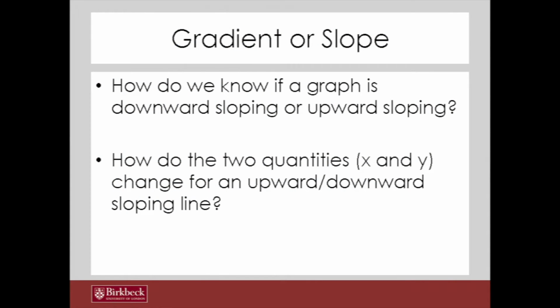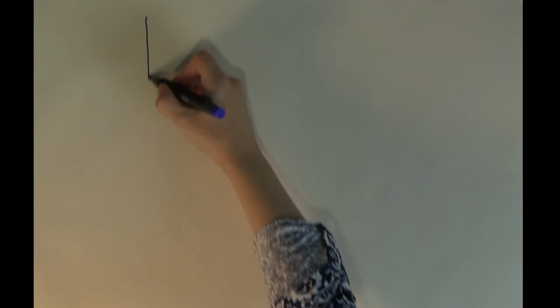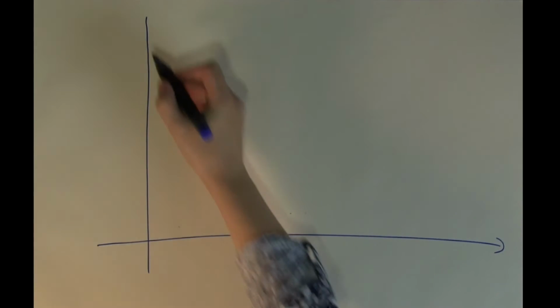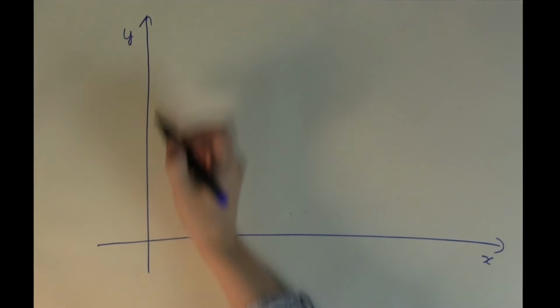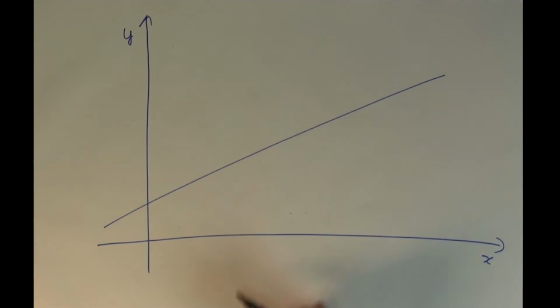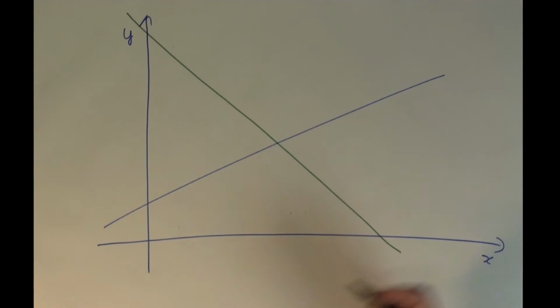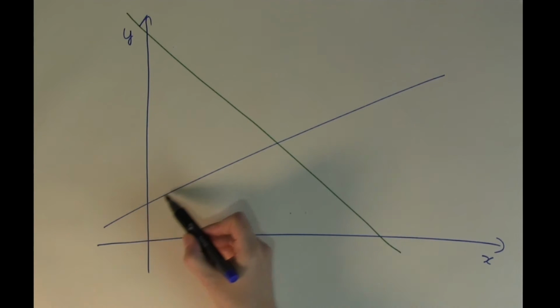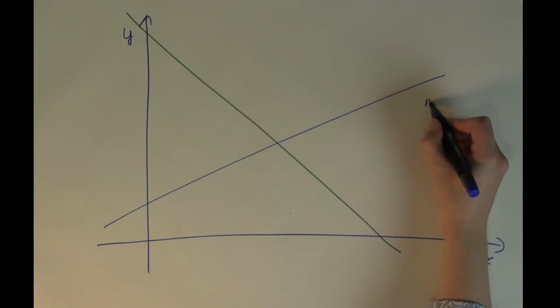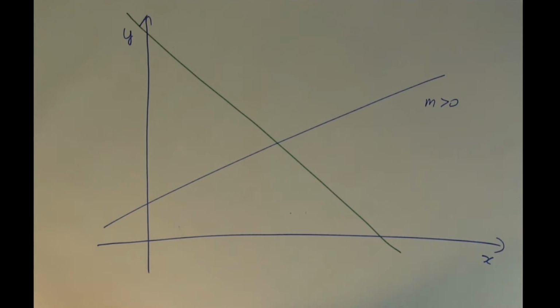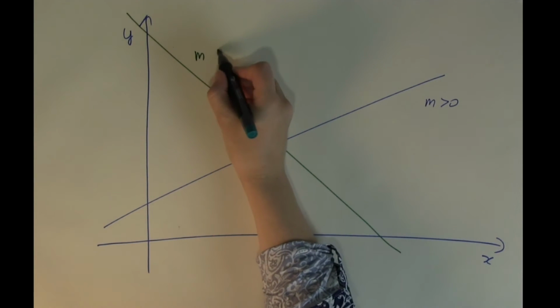Now, it's all nice and lovely, but what can we use these gradients for? Well, we can use the gradients, for example, to decide if a graph is upwards or downward sloping. What do I mean by that? So if here is the coordinate system, this is x, this is y. This is a graph which we call an upward going graph, and this is a graph which we call a downward going graph. What happens in these two particular cases? Well, the gradient m for this one will always be positive,